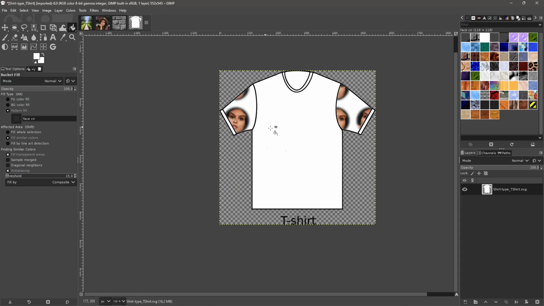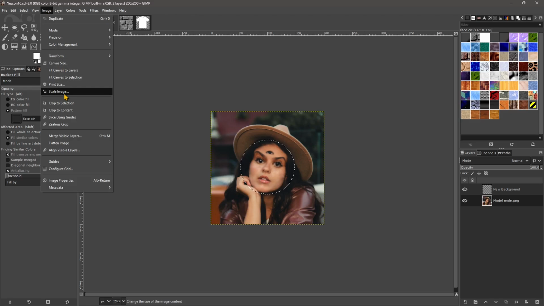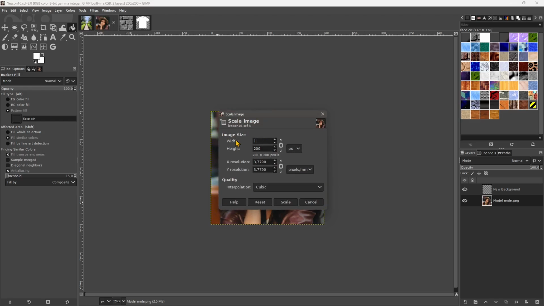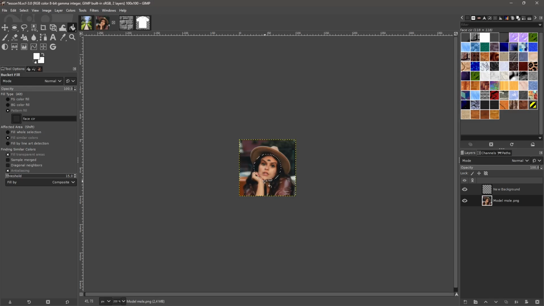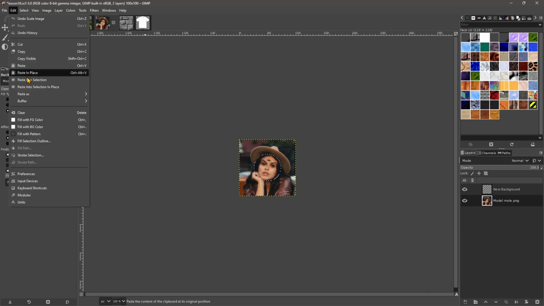And yeah, if you want to make this smaller, we need to go here and just scale again the image size. So scale image, let's do this 100. So that's the only way we can manage the scale. If you want to do this bigger, you can do it, but it's going to lose a little bit of quality because it's not vector graphics. So let's just edit and